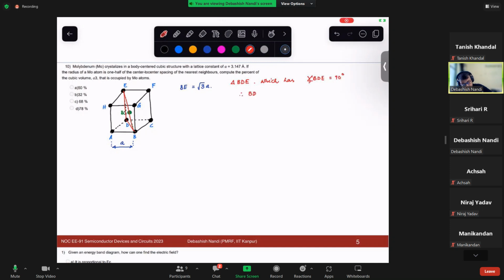BD, you know, is root 2a because it is the diagonal of that square. So your BE would be, from the Pythagoras theorem, the root of BD square plus ED square. That is 2a square plus a square, that is root 3 of a. Fine. So now tell me,